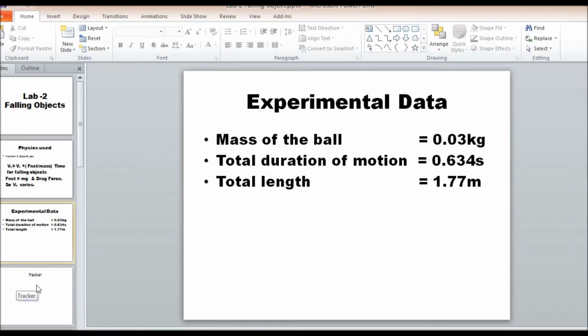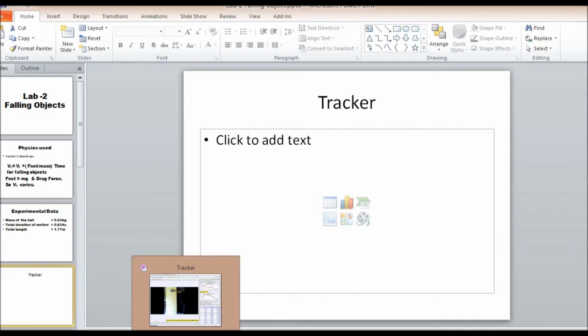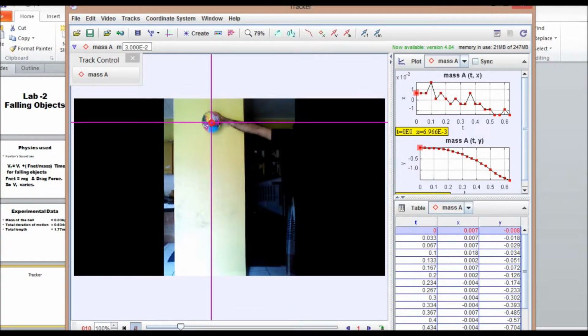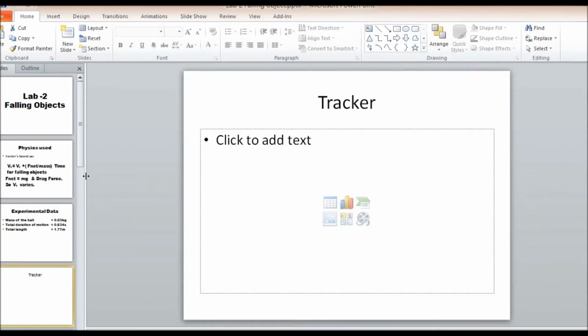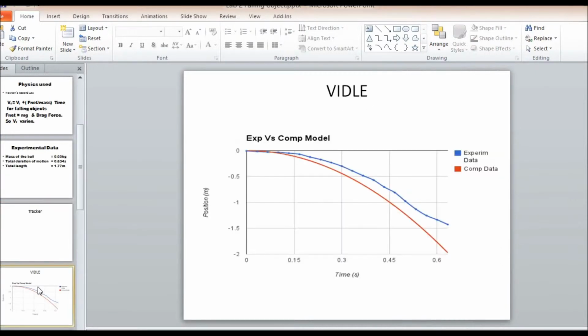I recorded my video and inputted it into the tracker, and I got the information of time as well as the negative y direction position. So the axis is set in the negative y direction, and as I run the tracker, as you can see, the ball is falling down and I got the time as well as the negative y position for my video. I use this information for the computer model,